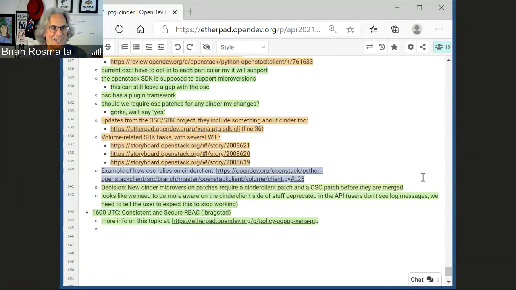So we started looking at this last cycle and didn't get too far because there are some complications. So roughly, I'll just put down some things we need to talk about, and then we can talk about them.